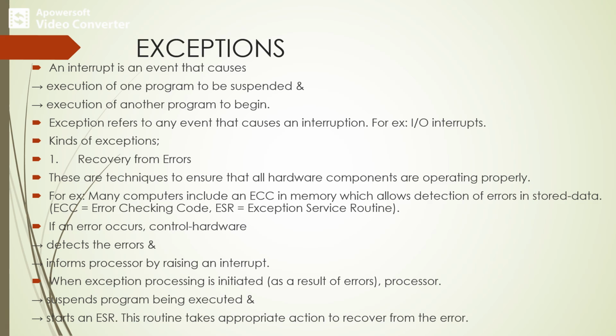An interrupt is an event that causes execution of one program to be suspended and execution of another program to begin. Exception refers to any event that causes an interruption. For example, I/O interrupts. Kinds of exceptions are recovery from errors. These are techniques to ensure that all hardware components are operating properly. For example, many computers include an error checking code or ECC in memory, which allows detection of errors in the